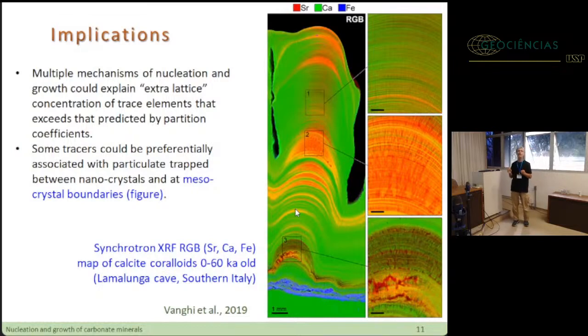we are dealing with non-classical nucleation, we are dealing with a differential incorporation of the trace elements that can adjust in extra-lattice sites. So, like in this synchrotron XRF map, we have strontium in red, which is preferentially incorporated at the crystal boundaries. So it's a differential incorporation because we are dealing with these blocks that can be arranged quite nicely and differently with respect to the